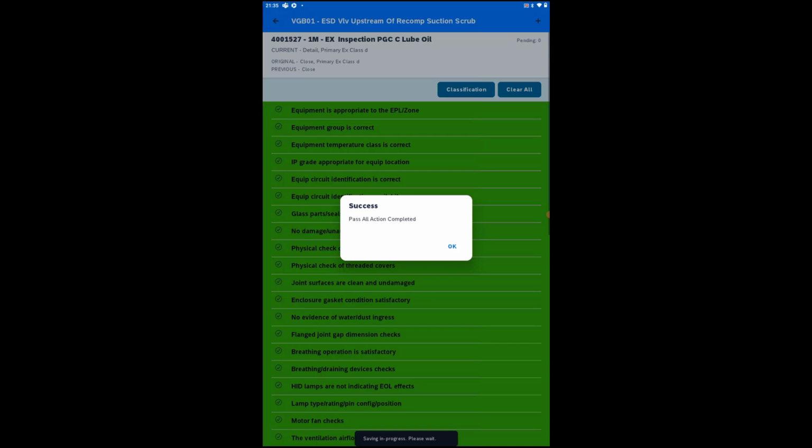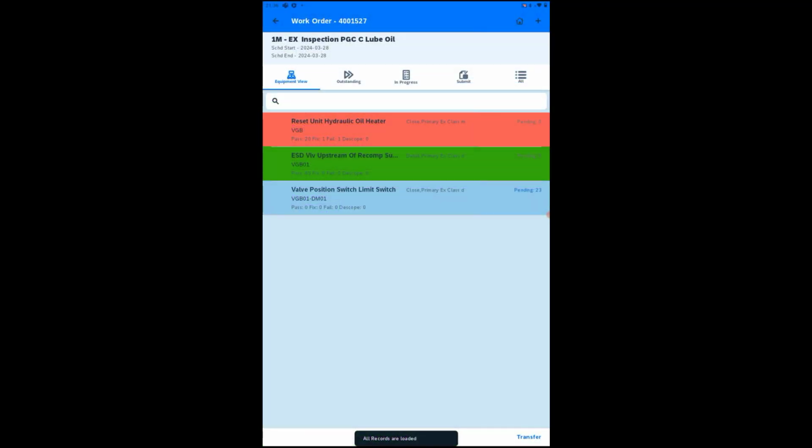use pass all option just like I did before. I'm also going to submit the results because I'm going to finish my shift now. I will pick up the third equipment tomorrow. Let's go back to SAP desktop and see how maintenance office staff catches up with everything that went on in the